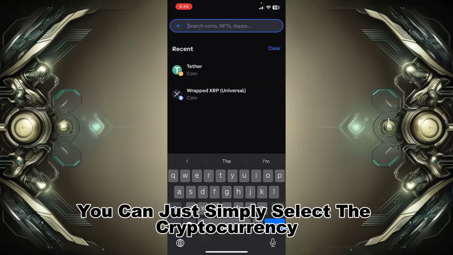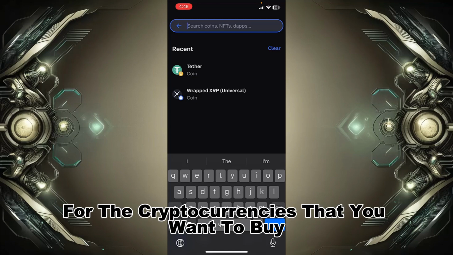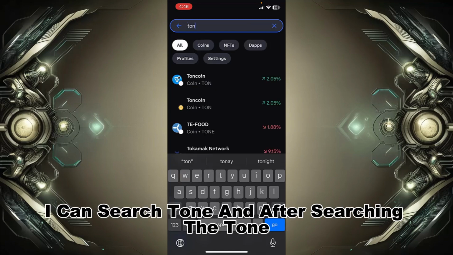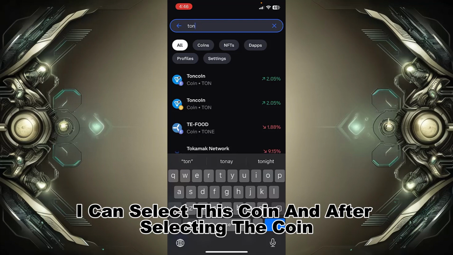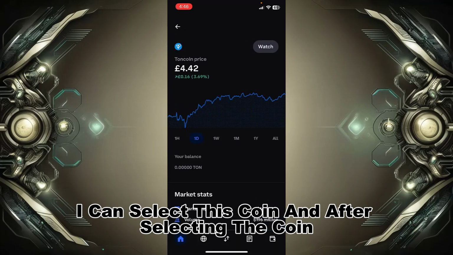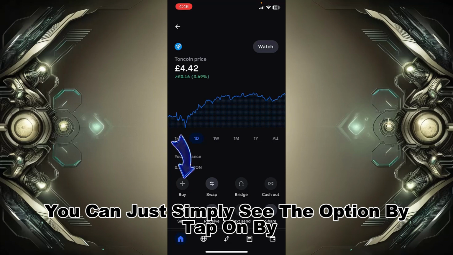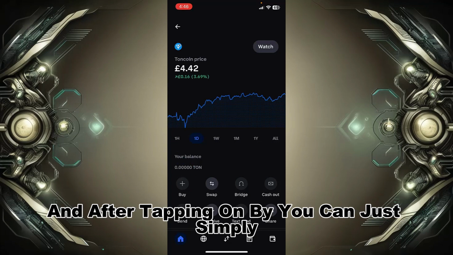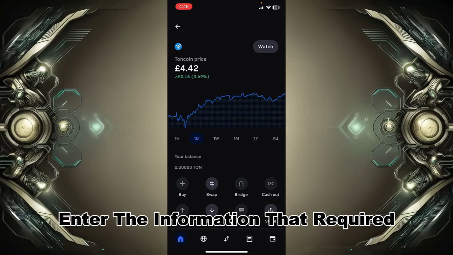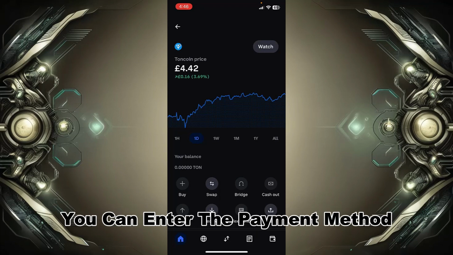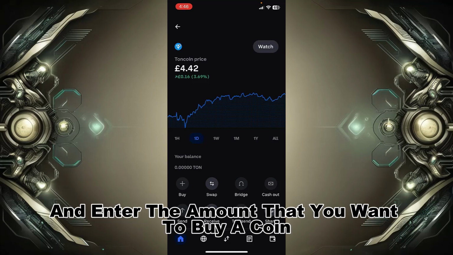After this, you can simply select the cryptocurrency and search for the cryptocurrency that you want to buy. I can search Toncoin, and after searching, I can select this coin, and after selecting the coin you can simply see the option Buy. Tap on Buy, and after tapping on Buy you can simply enter the required information, and after entering the information you can enter the payment method and